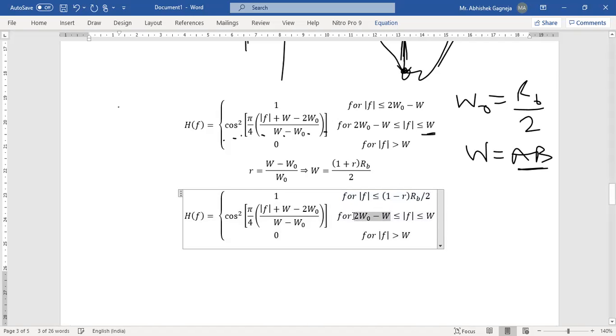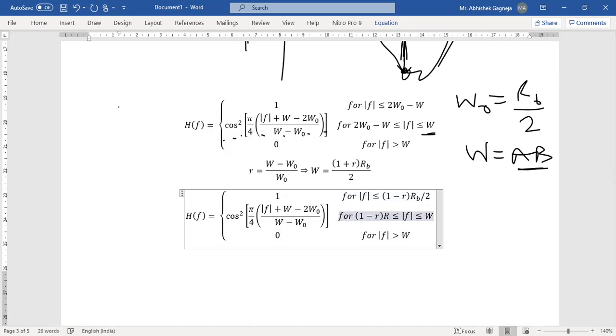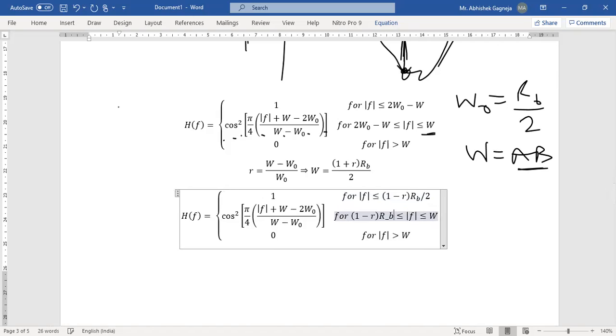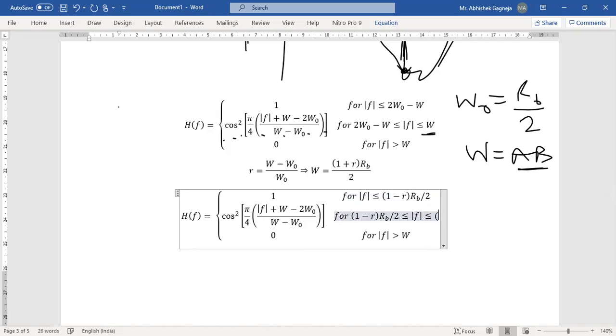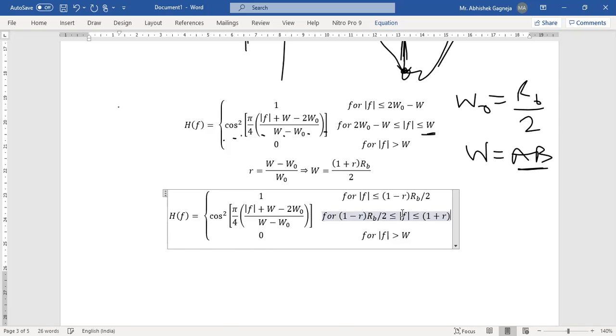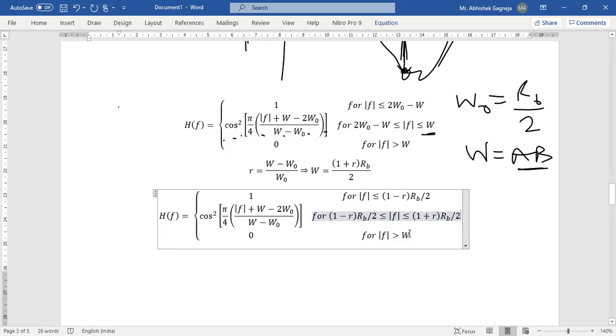Similarly, this limit also is 1 minus R into RB by 2. Of course, W can directly be replaced over here, and this is 1 plus R into RB by 2. And finally, of course, 1 plus R